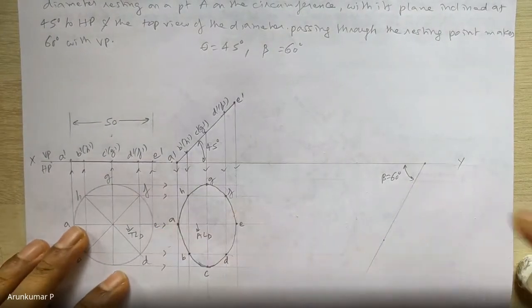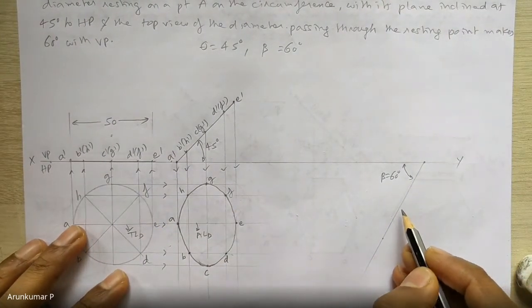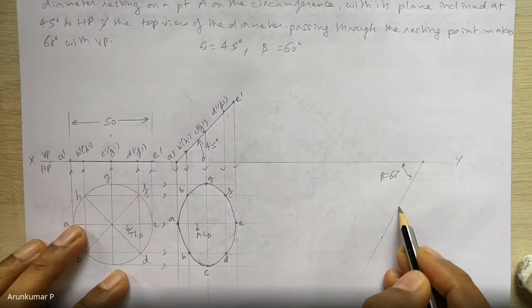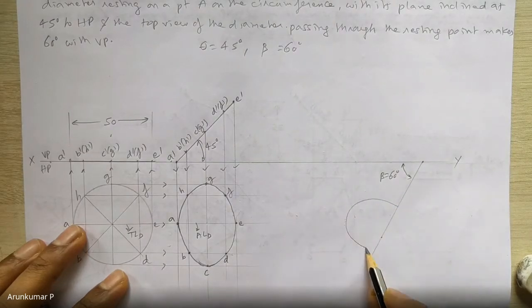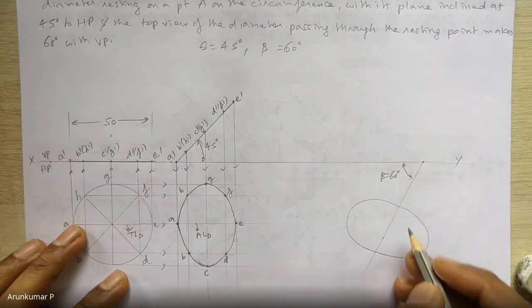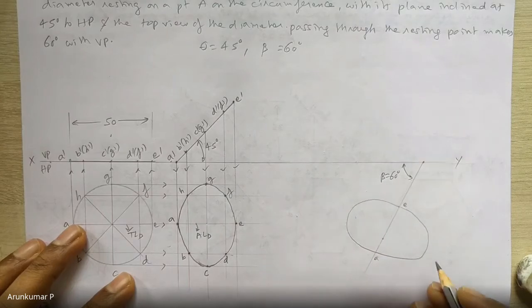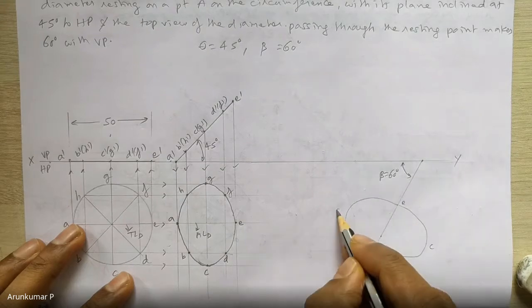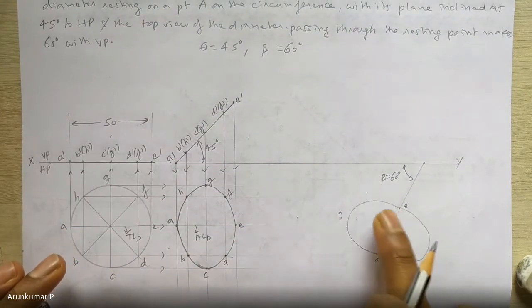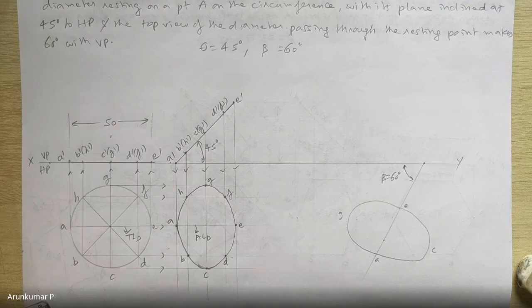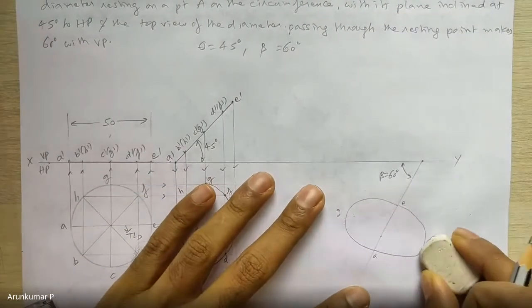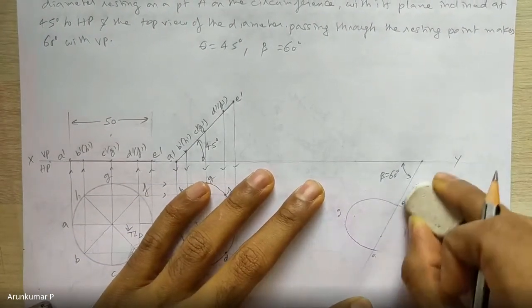So we are going to redraw like this. So roughly I'll just show you how it is going to look like. It would be like this. Rough. So this would be E, this would be A, this would be C, this would be G. This would be the shape. Now we have to draw it correctly to the absolute scale.